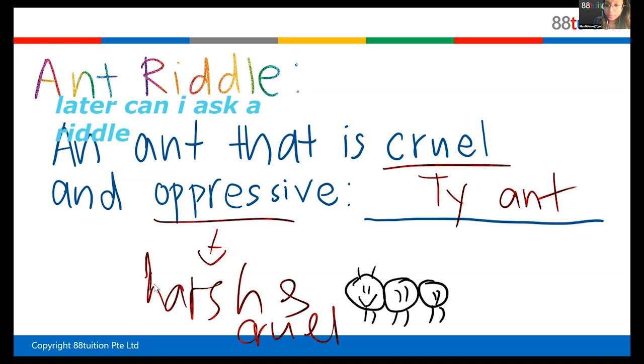I'm going to write it down. This is the word. Have you heard of this word? Tyrant. So if I say Hitler was an oppressive tyrant, or Hitler's a tyrant, meaning he's an oppressive dictator. That means he's very cruel and very oppressive. If you know history, you know that Hitler was a tyrant, right? He abused the Jews, he killed so many Jews. So someone who is a ruler, ruling a government, but it's only one person choosing every literal move, that's a tyrant. Of course, in Singapore, we have a government consisting of many people, not just one person saying